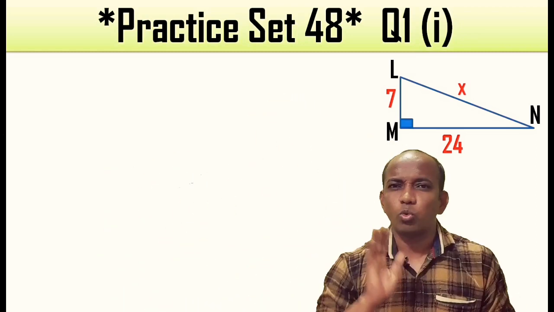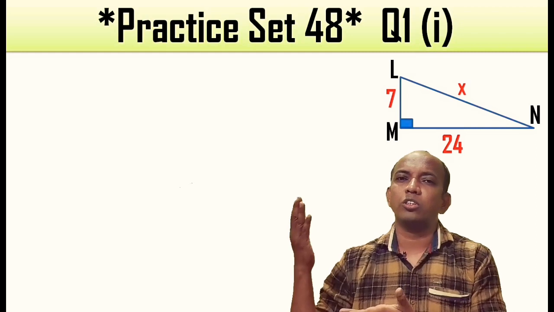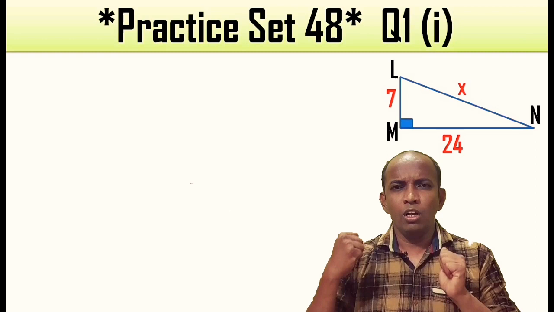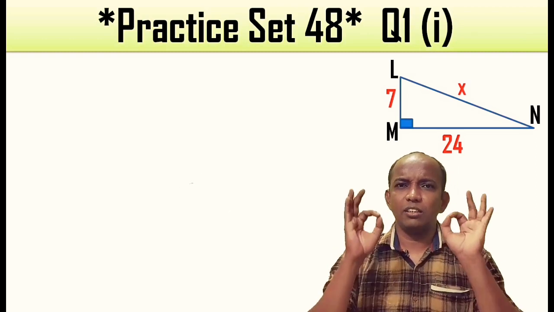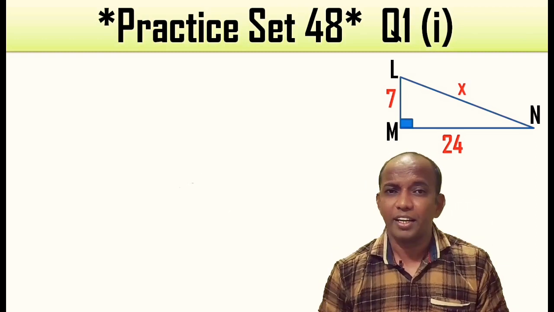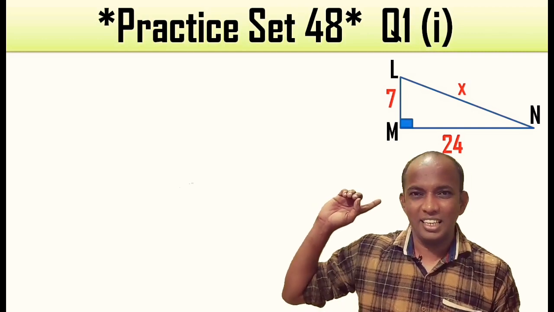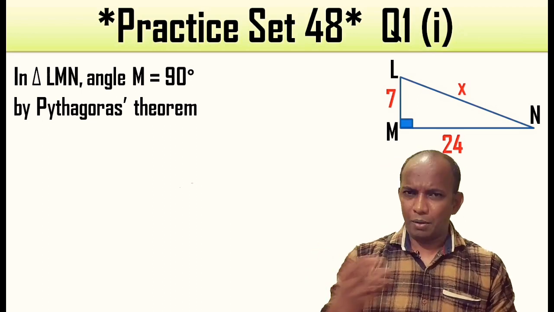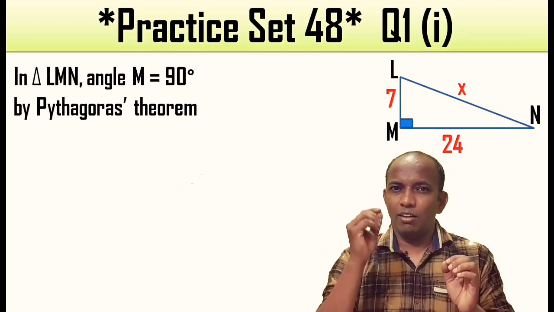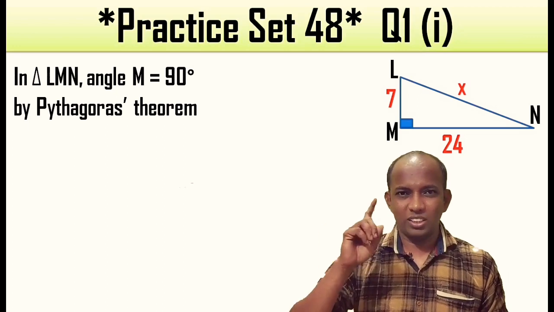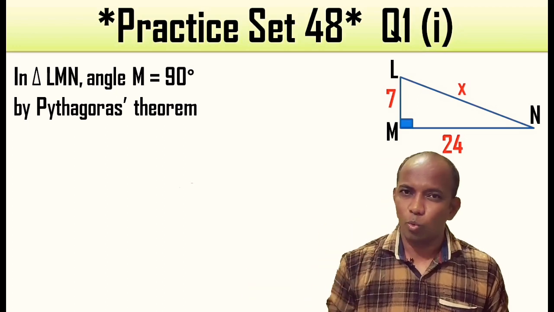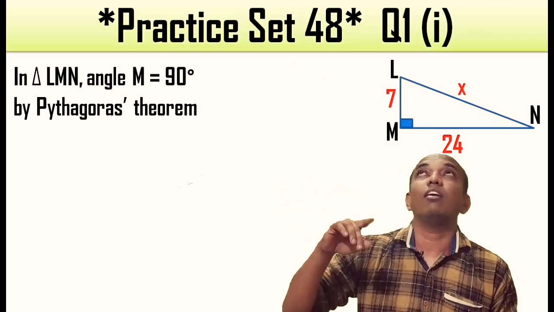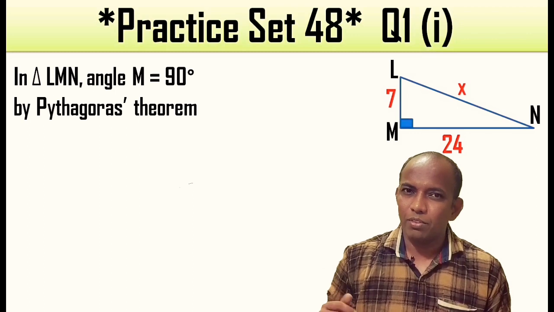Okay, this is the easiest question. If you come across a question to find the hypotenuse, keep it in mind, the calculations are very easy. So how to proceed further? Very first, identify the hypotenuse, that we have already done. The hypotenuse of the triangle is LN. Okay, so by Pythagoras theorem, what does the theorem suggest to us? Hypotenuse square is equal to side 1 square plus side 2 square. So hypotenuse square according to this triangle is, of course, LN square.